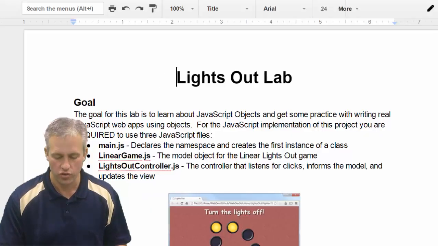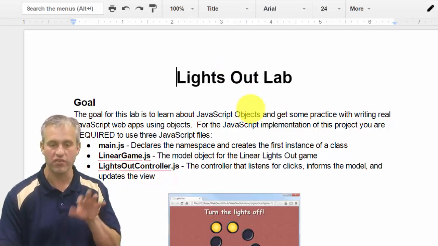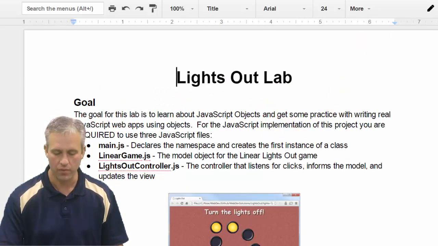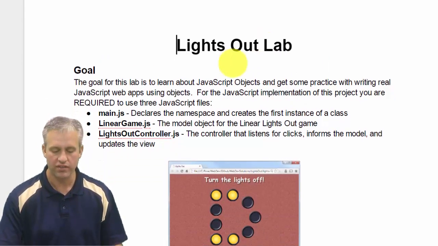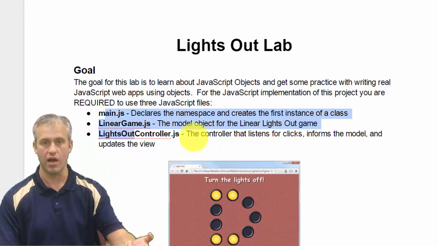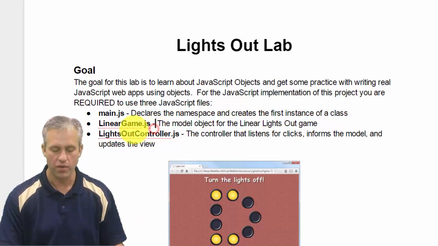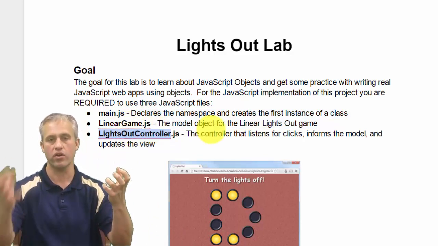There are some additional rules on how you must implement it. So it's not just completely freeform. There are some rules I'm going to put on you. If you go into the Lights Out lab, you can see that some of the rules is that you're required to use objects, right? That's the whole point of this unit, JavaScript objects. So I'm going to make you use 2 objects,